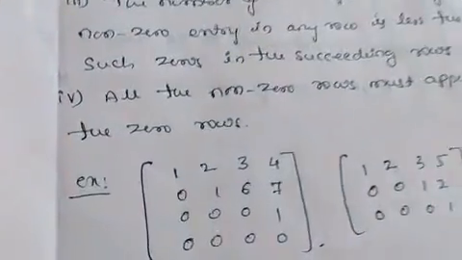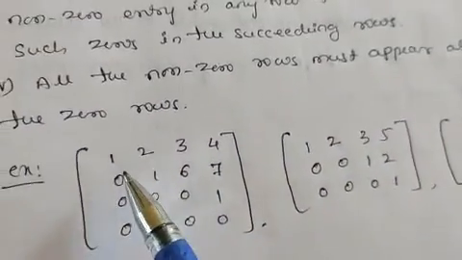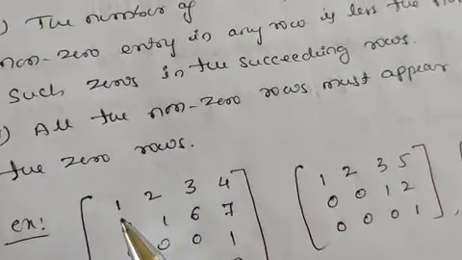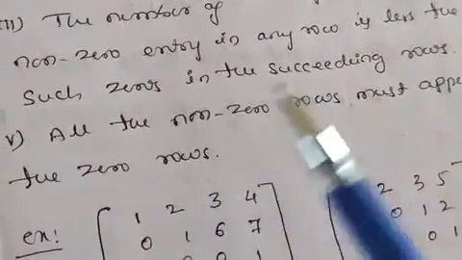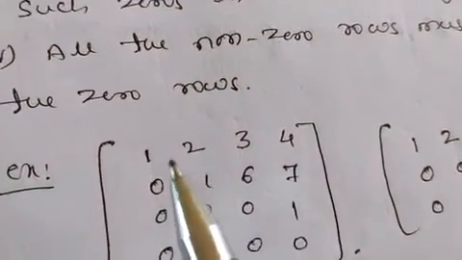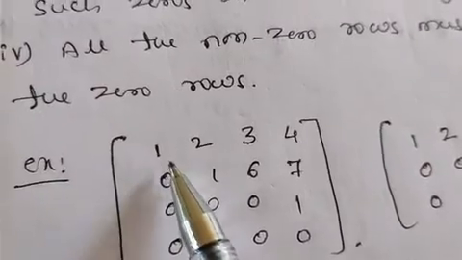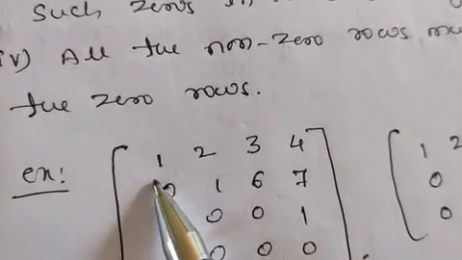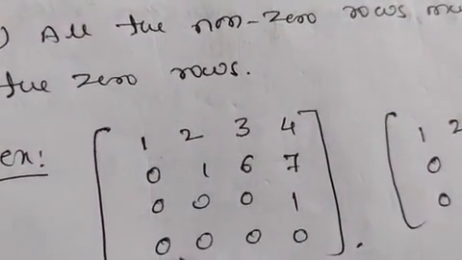So here is only one thing you have to remember. The first element of any row should start with 1. So this is the only definition, only these notes. You just remember, the first element should start with 1. Every row should start with 1, and below that all elements should be 0.